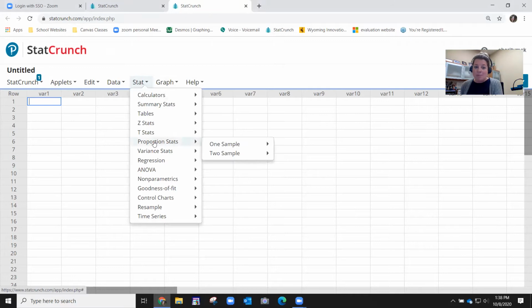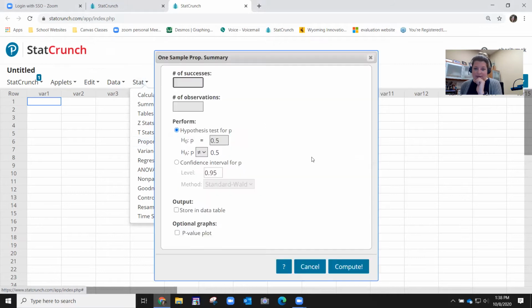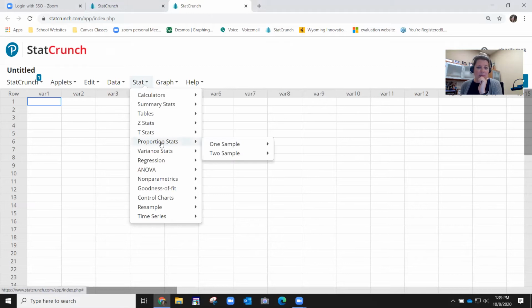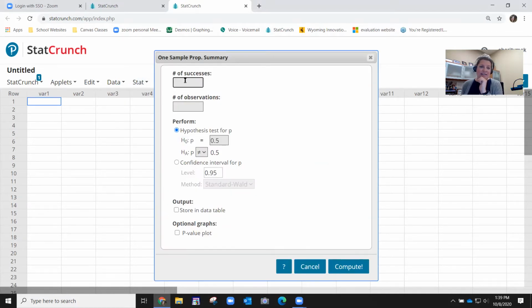We have a proportion. Okay, that's going to become important when what if I have a mean or I have anything else but a proportion? We'll have to go to something different. So we have one sample and we have a summary of data. So what did I go to again? Stat, proportion, one sample with summary. And look, it says number of successes. So we said 250 people out of